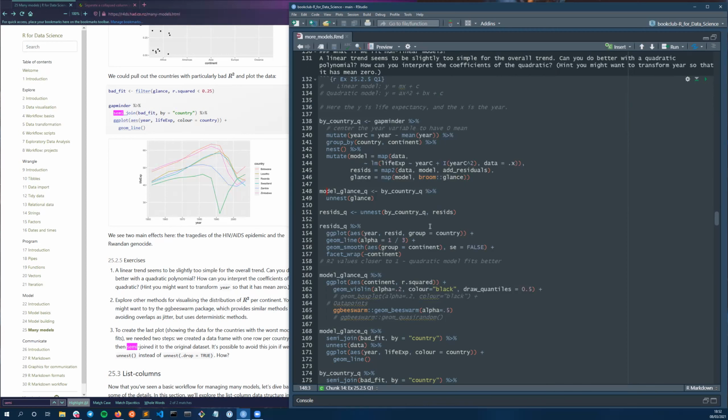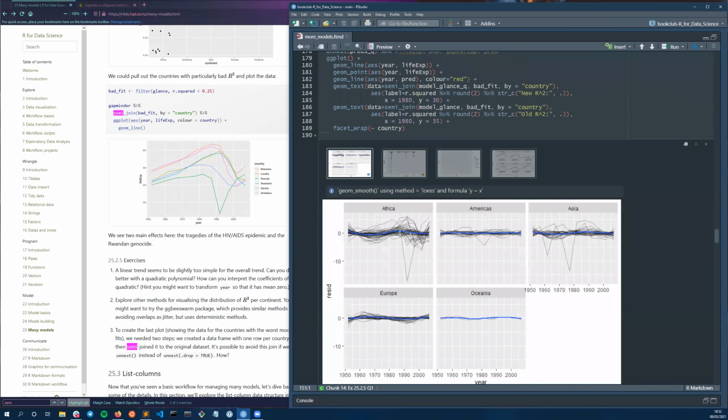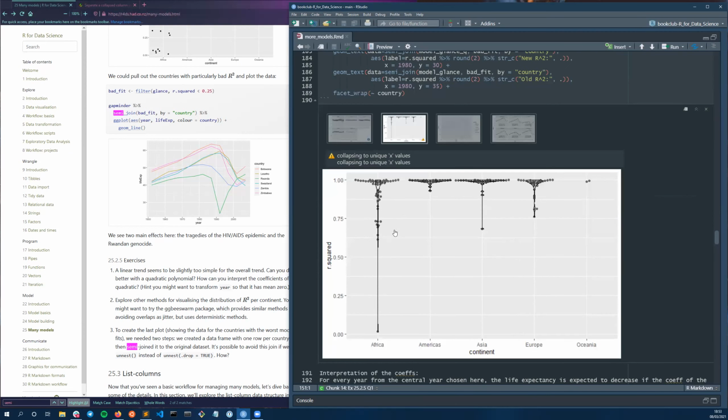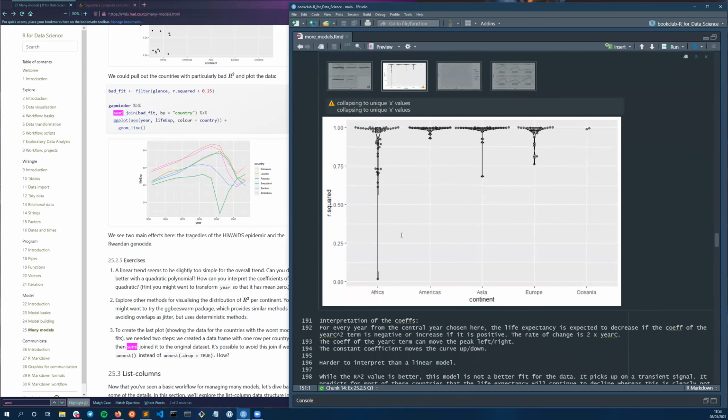So compared to before, the residuals are smaller in all countries, but we can still see the performance is still not very good in some African countries and some of the Asian countries. So we've not removed all of the problems. And if we look at the R squared, it improved: we have only one value less than 0.25, whereas before we had many more. If I scroll up,